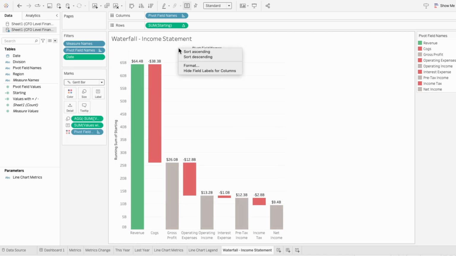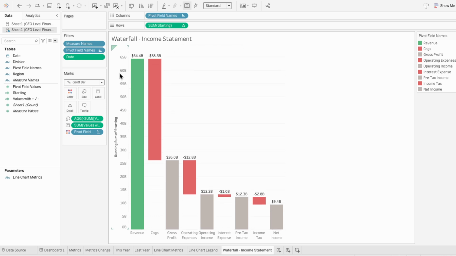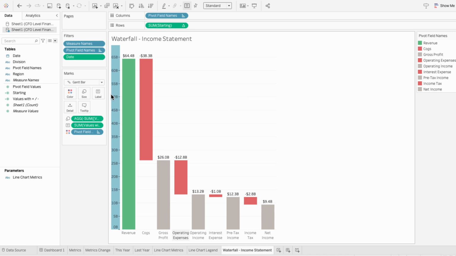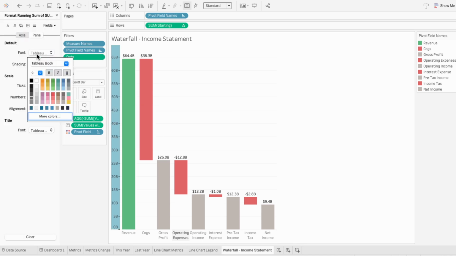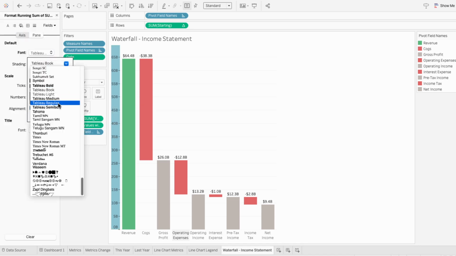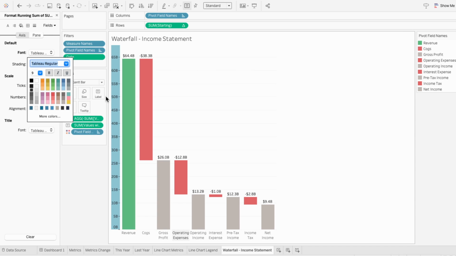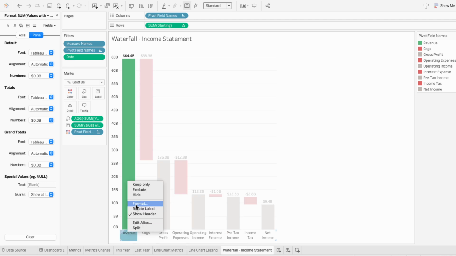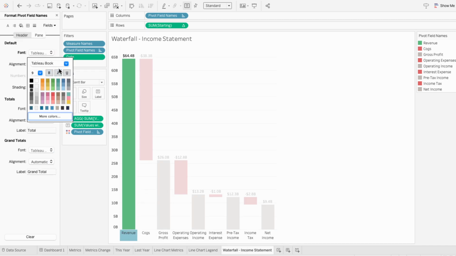For pivot field names, I'm going to hide the field label. Then I'll edit the axis so I can remove the title. And I'm also going to format the axis so I can make the font darker and Tableau regular. To format these values, I'll click on it within the marks so I can make it Tableau regular. And I'll do the same thing with headers, making them a little bit darker and Tableau regular. This way we're getting consistent formatting across the